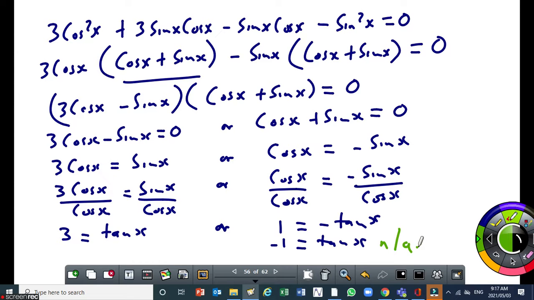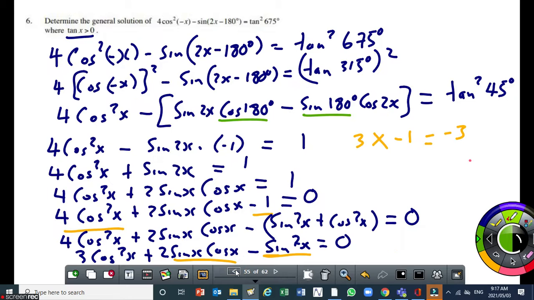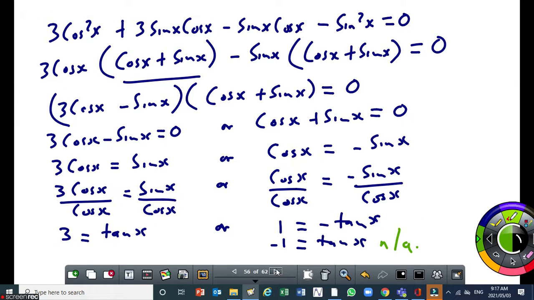Okay? Just want to remind you that this condition here, we have to take it into account. It's a restriction that tan x must be positive. Therefore, among these two equations, we have to reject the one which has got tan that's negative. Okay? So we are left with one equation. Then we use our knowledge of the general solution from here. So on the next page,